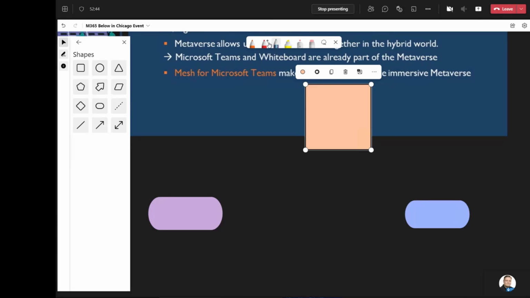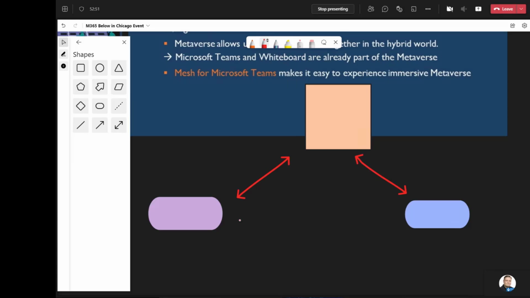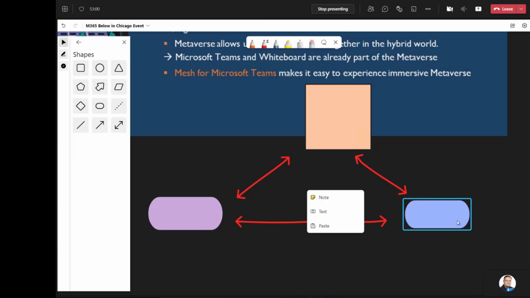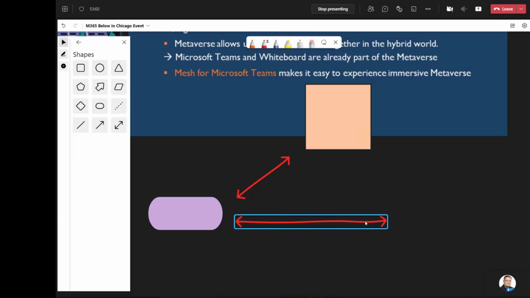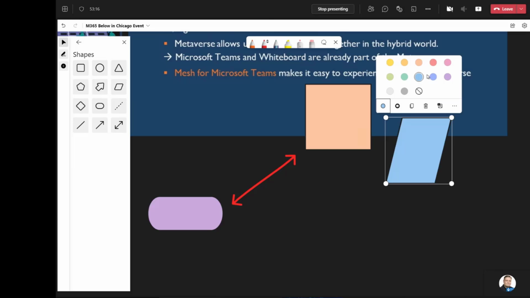Okay, so we have all these different rooms here working together. Well, we are working just like that. Okay, everybody is connected. What we don't have yet, of course, is this part, because we don't have Mesh for Teams. We don't have AltspaceVR yet. Okay, so what? It doesn't matter because what we have, let's make it something like that, is we have the